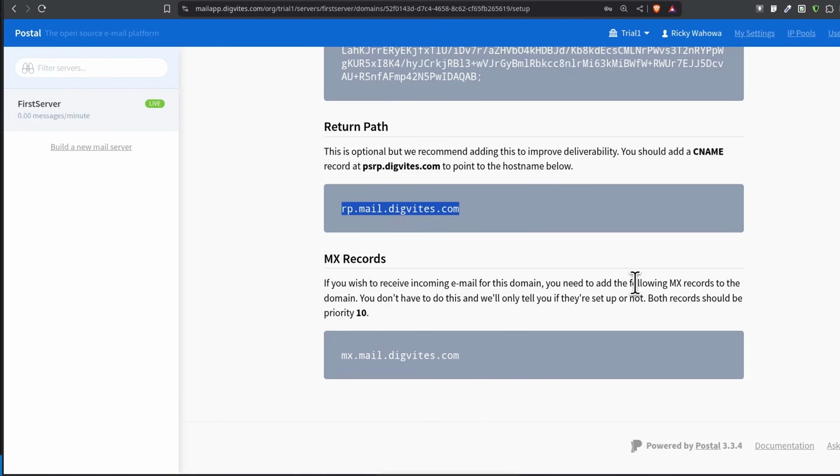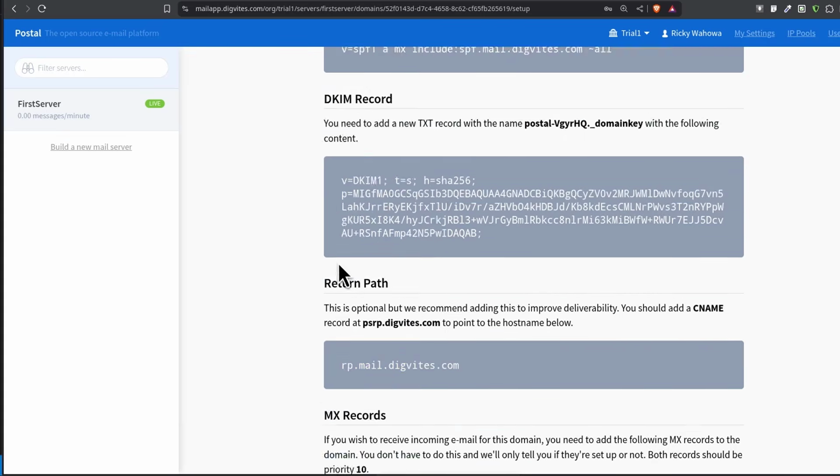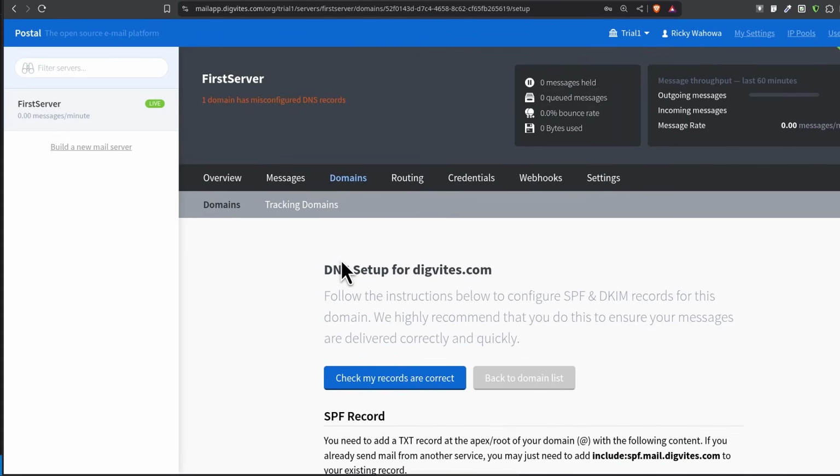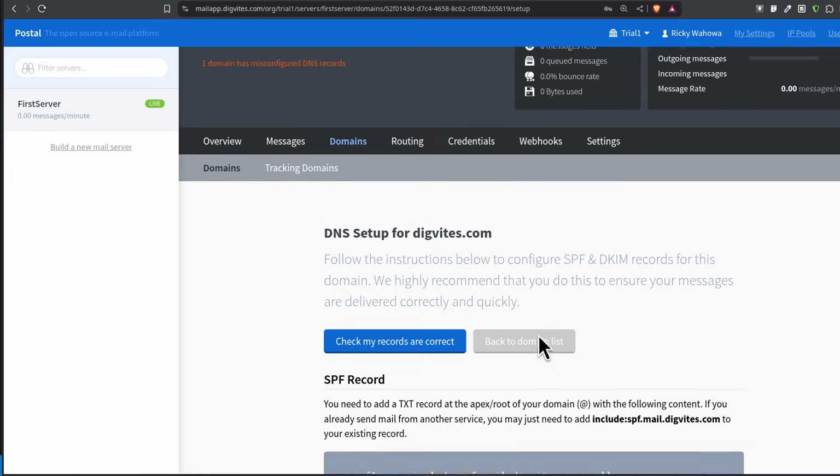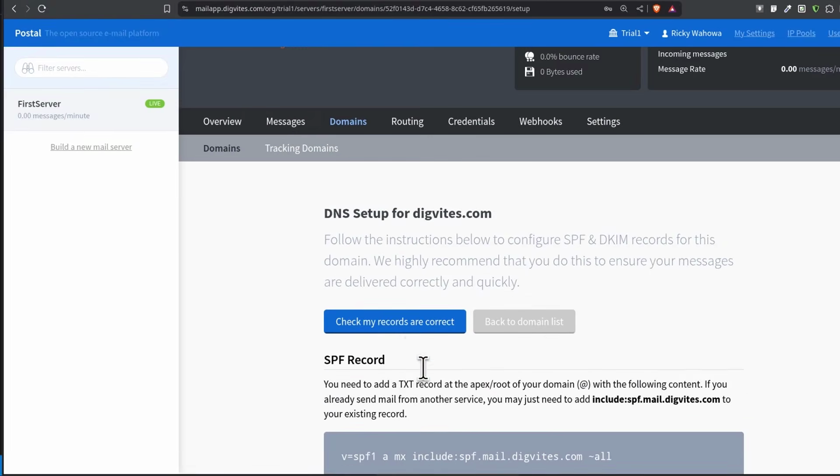If you wish to receive incoming emails, add MX records to the domain. If you'll not be receiving incoming emails, you don't need to add an MX record. So it's important to note what Postal can do. Postal can send email, but you can't receive in the natural sense of what you're used to. For you to receive, you'll have to set up some form of routing, and the routing is going to help let Postal know where to send that email. You can route to another SMTP server, to another email, and so on.